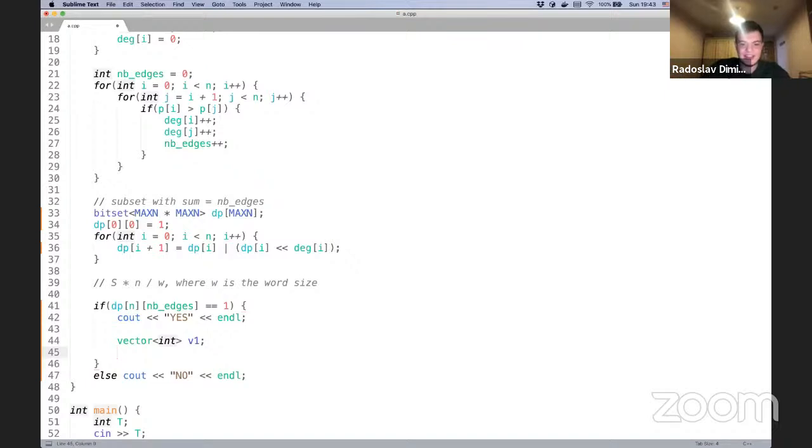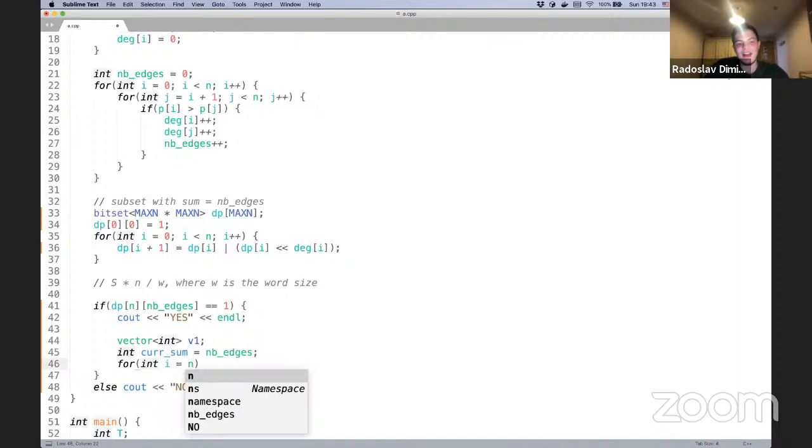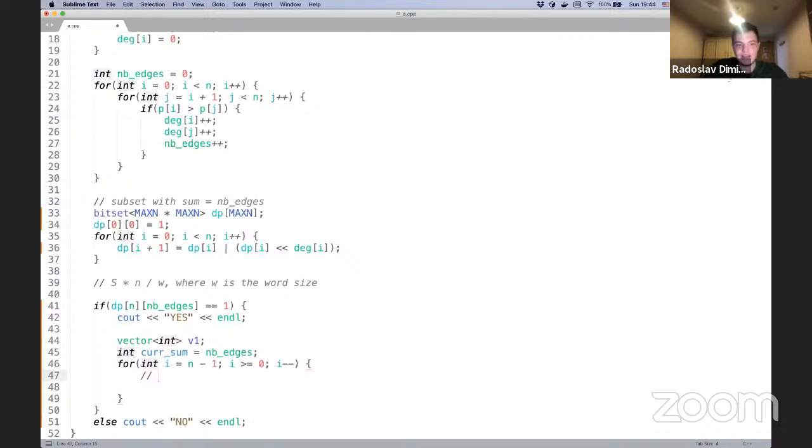And what we are basically going to do is also have the current sum, which is initially the number of edges. Because as I said, we basically go back. And actually this will be enough. So we start with i, which is the first dimension, and the current sum is the second dimension. We start from i equal to n minus 1, while i is greater or equal to 0, decrementing i. And now we basically need to check if we need to include